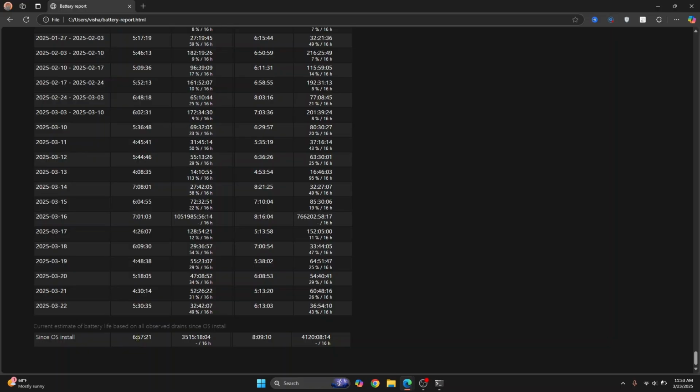So this means that if I fully charge my laptop, and it also keeps in mind the standby charge, so if my laptop is turned on and I'm just not using it, it'll still last around 7 hours. So yeah, this is the current estimate, and this is helpful if you're trying to buy a new or a